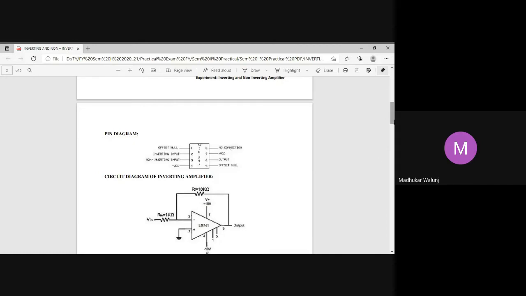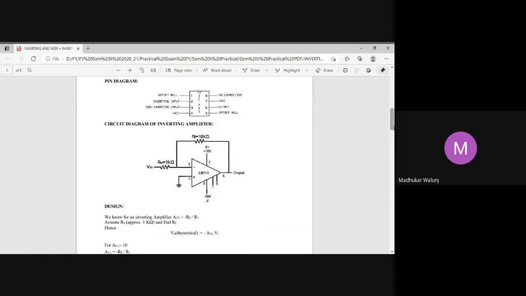So this is the circuit diagram of the inverting amplifier, where Vin is the input quantity. It is connected to the second number pin, means inverting amplifier, with Rin is equal to 1 kilo ohm. Then feedback resistor is there, RF 10 kilo ohm, and it is finally connected to output, where the 7 and 4 number terminal are connected to supply. So though it is written over here minus 10 and plus 10, we can have up to plus 15 and minus 15. Third number terminal, it is a non-inverting terminal. It is connected directly to the ground in case of an inverting amplifier.